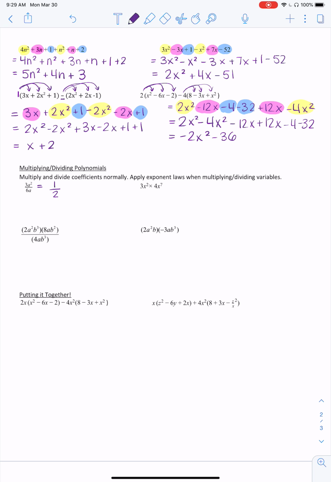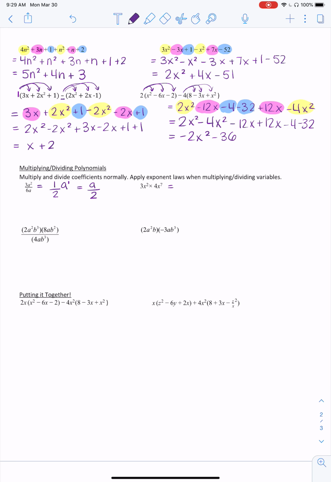When I'm dividing, I keep my base and I subtract my exponents. So 2 minus 1 is just 1. And we can also write this as a over 2. Those are both the exact same thing. Our next one here,